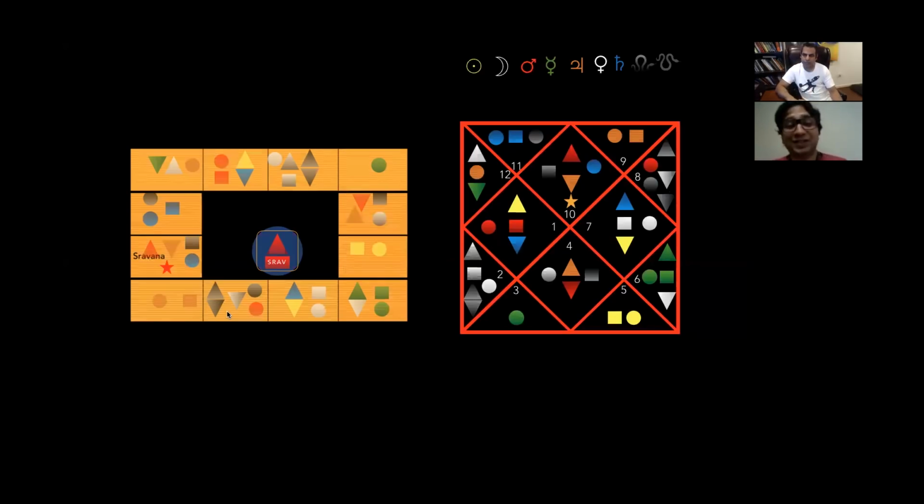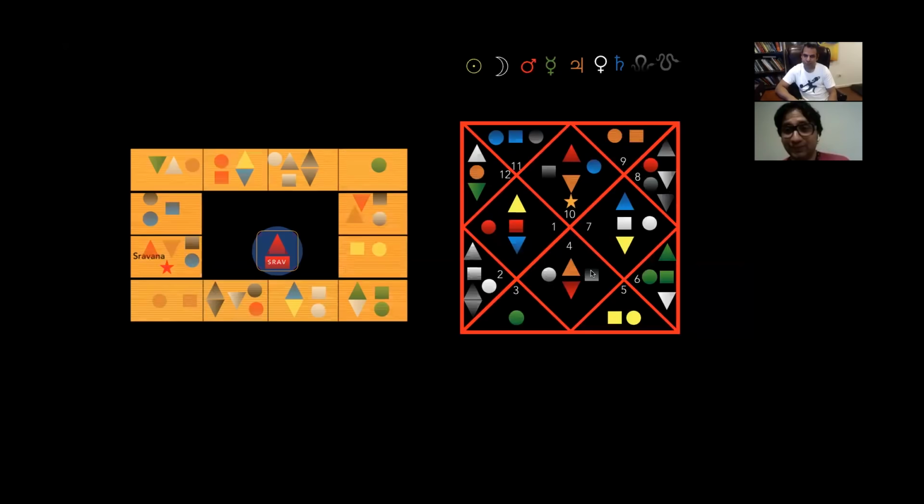Now, what's interesting, if you look at the 12th house from Shravana, it is falling in Sagittarius. Now, there is one planet that is having its influence in Sagittarius. Which planet is that? Jupiter. Jupiter has its Mula Trikona in Sagittarius. Now, what is really interesting is if you look at Jupiter's Rashis, Jupiter is debilitated in Capricorn. It has its Mula Trikona in Sagittarius, and finally it is getting expanded or exalted